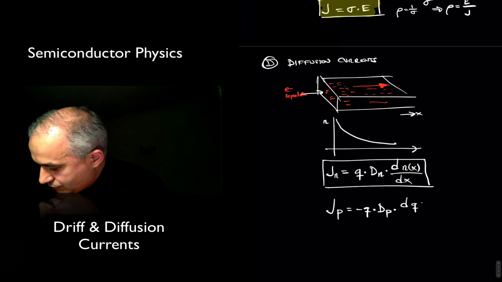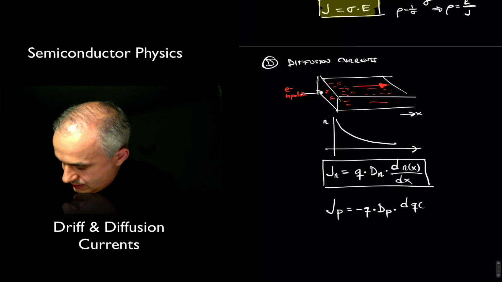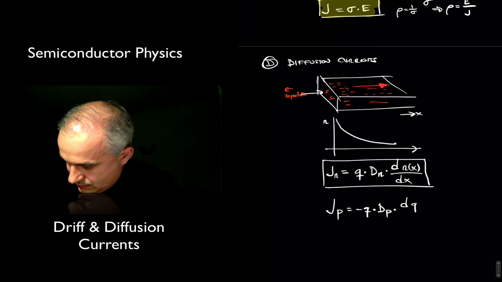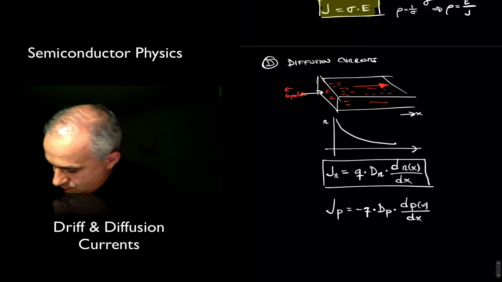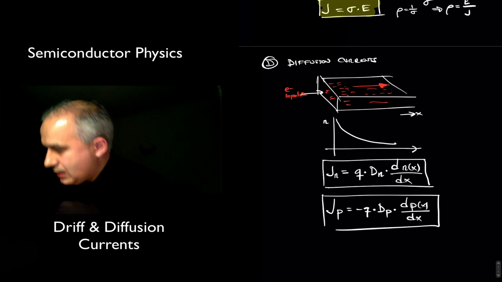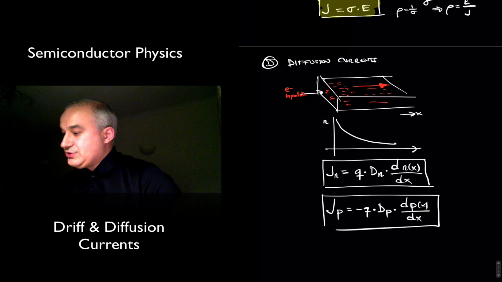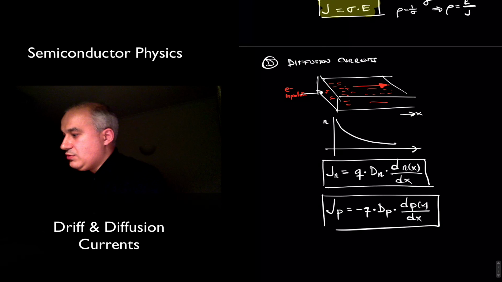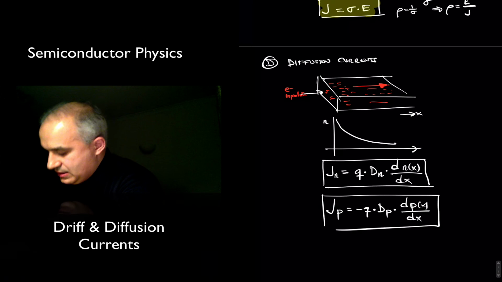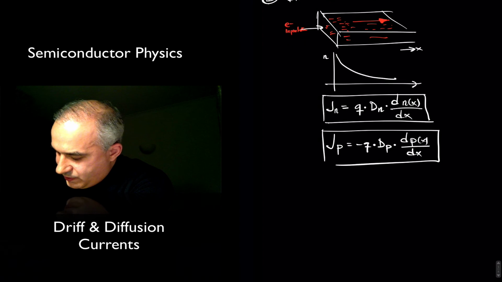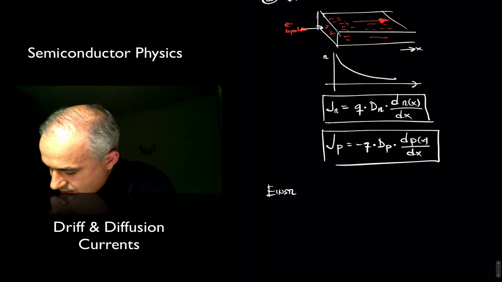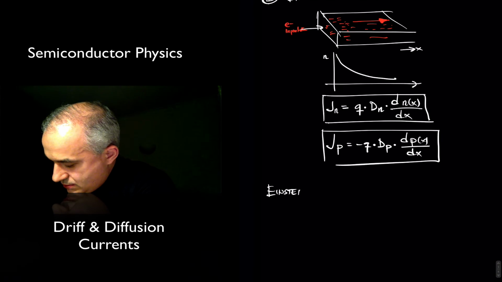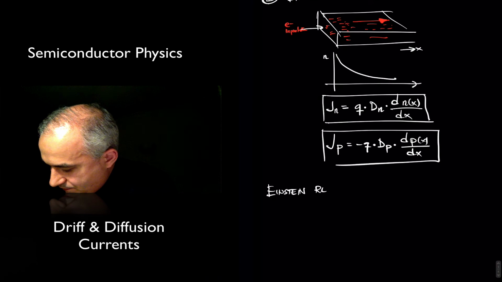We'll look at the concentration gradient, p. The total current will, of course, be the sum of the two in a situation like that. And I also wanted to go over a relationship which is the Einstein relationship